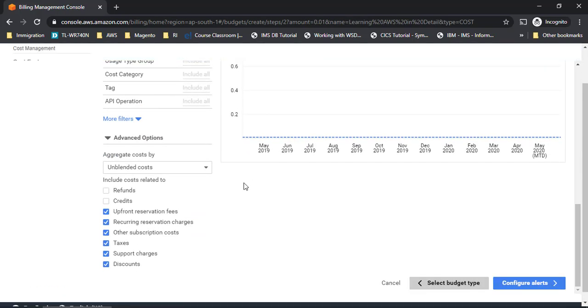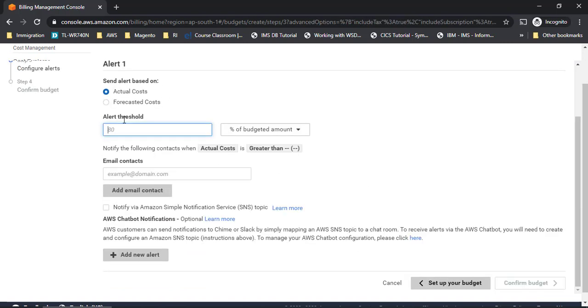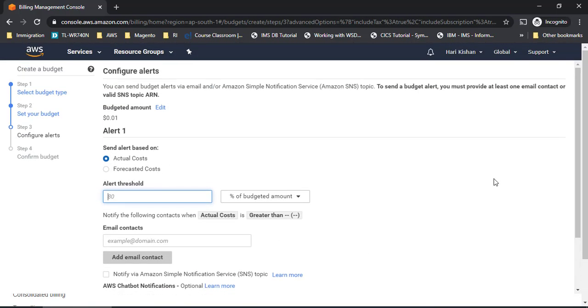okay, so I'll go for configure alerts. Now you can set a threshold, like once the amount reaches this particular threshold, I should have a billing alert sent to my email ID, where I can have a look at that bill, and then I can think of whether I can go and spend this much amount, or I have to stop it there itself by removing all the services which I should not use so as not to overspend the budget, right? So that way you can have a forecast, and then you can act accordingly.